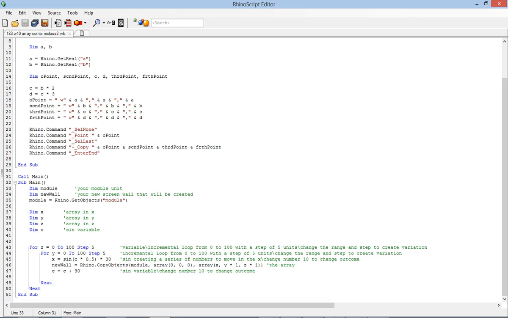All right, so when we're looking, again, you're working with your macro, your module, and then adjusting the array. Now, a couple things, we can start messing around with this, right? So we know C is equal to C plus 30, okay? And that's going to be a variable. And if we change this,